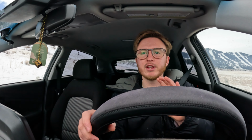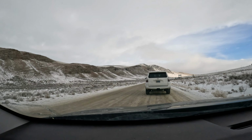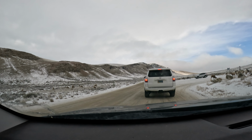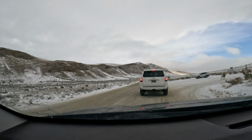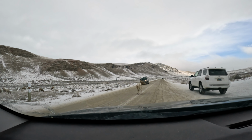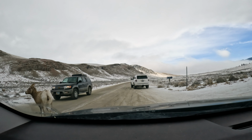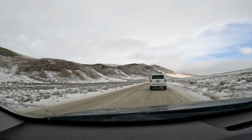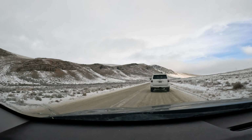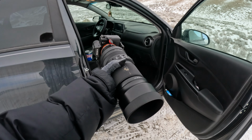But essentially you just want to lay down on the horn and move forward slowly and they'll get out of your way. There's a bunch on the right here in this little turnout where that lady's parked. So all these hikers on the right, they have to be really careful not to let them lick their car, but come on, shoot, come on. So that's what you're supposed to do, is you're supposed to honk at them and get them away from your car. So I got the camera out of the car,